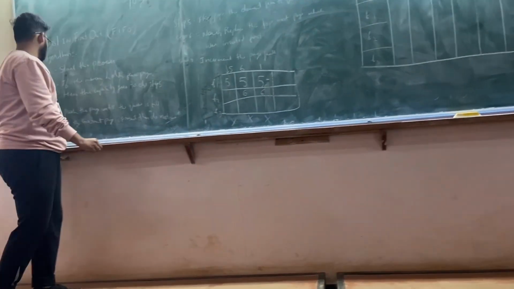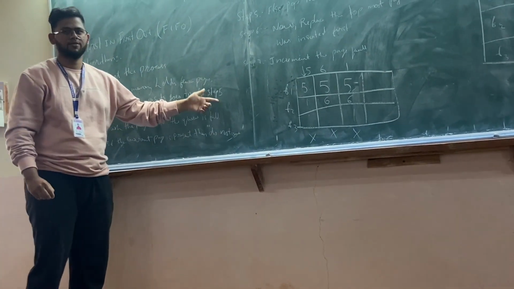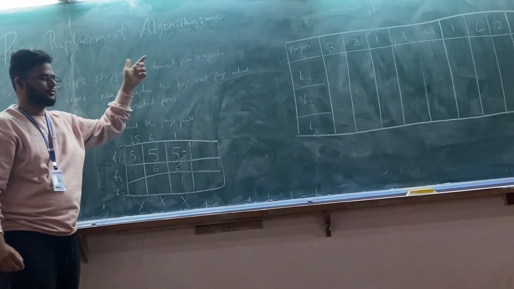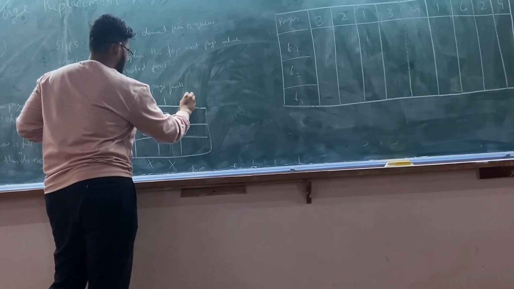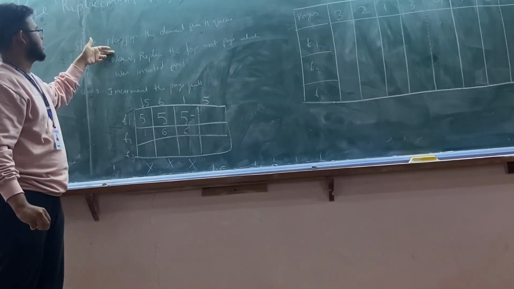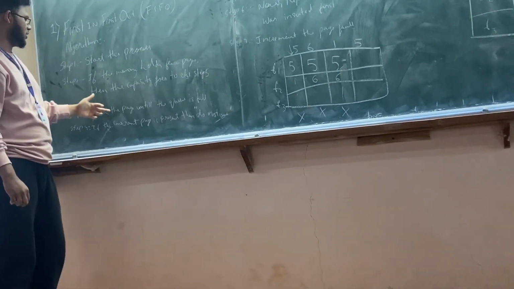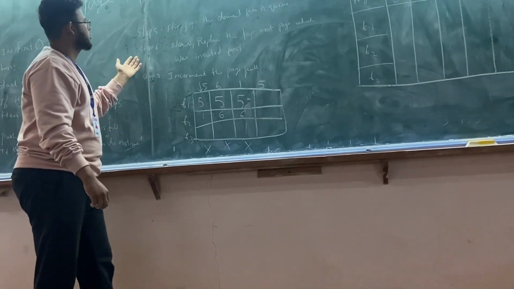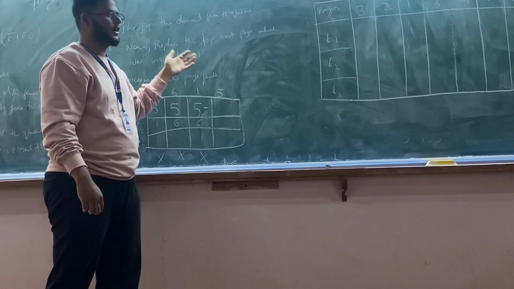So what does it say? If the memory holds fewer pages, then the capacity goes to else step 5. Where is step 5? Here. Else pop the element from the queue. So we have to pop the element from the queue. Now the next page comes, let us say 5. Again 5 comes. Then what does step 5 say? Else pop the element from the queue. But what does our next step say? Push the page until the queue is full. That I have explained to you, how it gets full. Now step 6: replace the topmost page, which was inserted first.